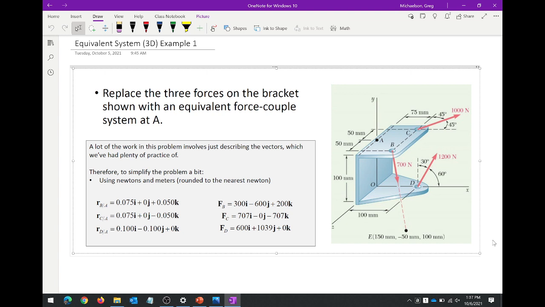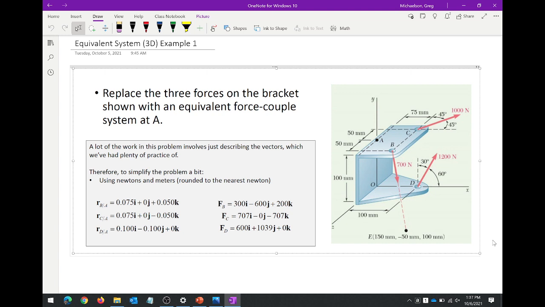Speaking of, I do want to talk a little bit about this problem. This problem is the one that I skipped. I said I'm going to call an audible. Let's do that one first and then this one. Why? Well, because I promise you that the R cross F component, from a computational standpoint, is far more computationally efficient in terms of chugging this out. I just want to show you that